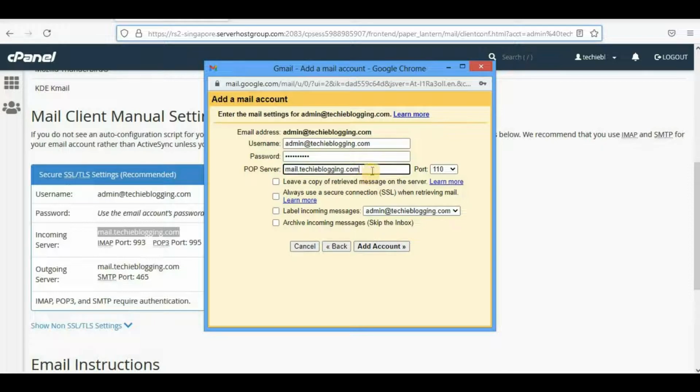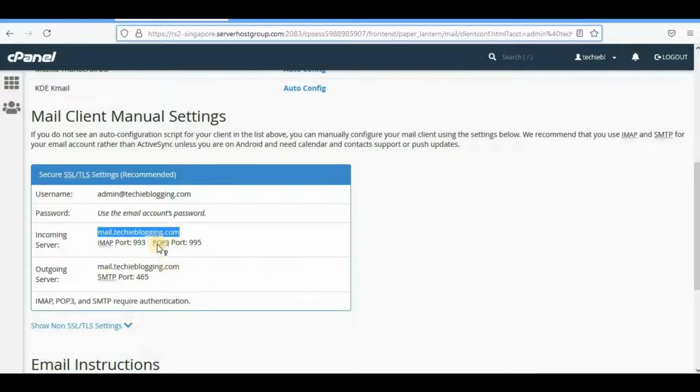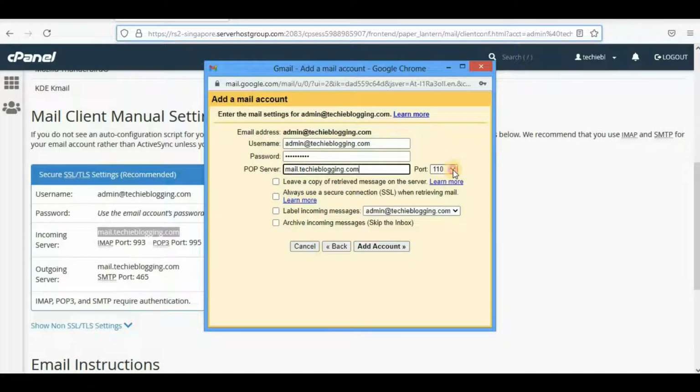In your case, if it has not, then you will have to paste the POP server here. Then comes the port section. Here the port for POP3 is 995, so I will have to select that, 995. Then check this box, leave a copy of retrieved message on the server. Then always use secure SSL, and then